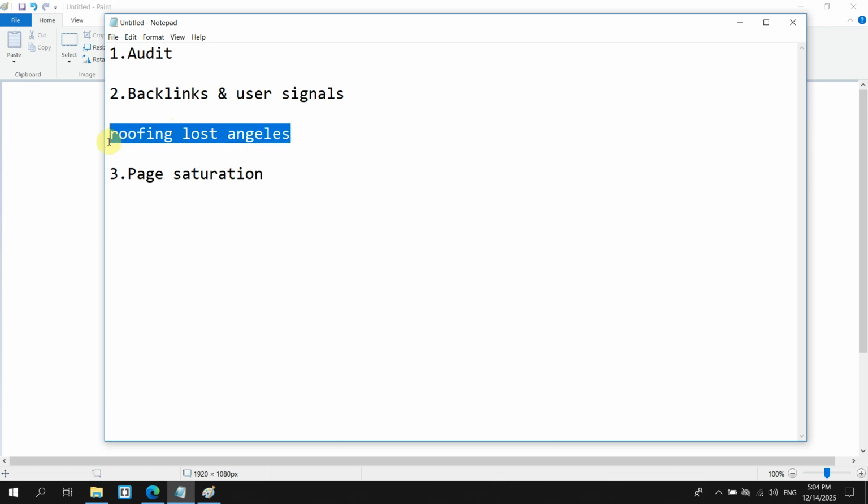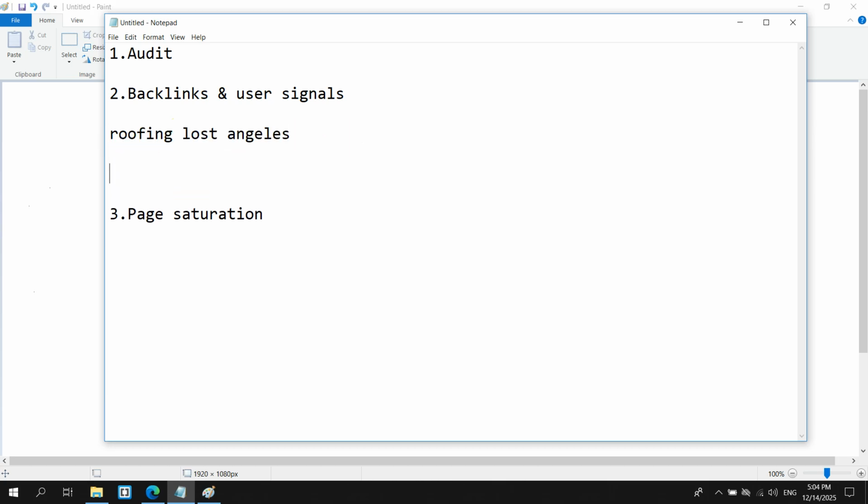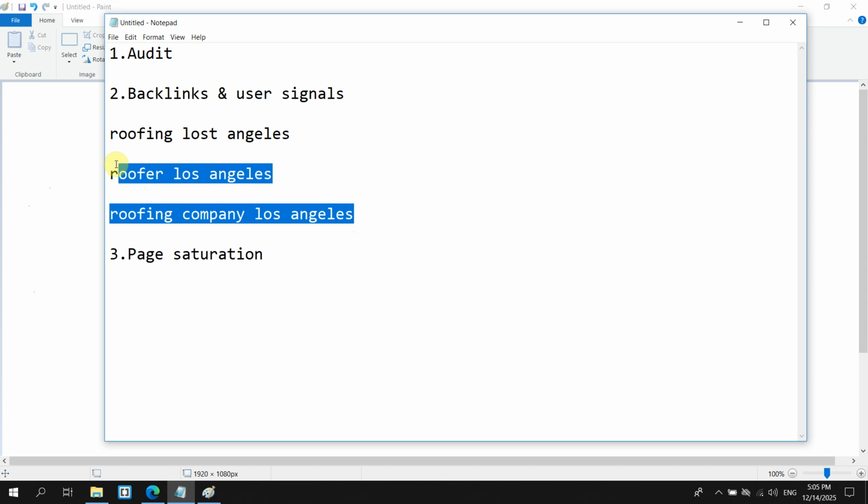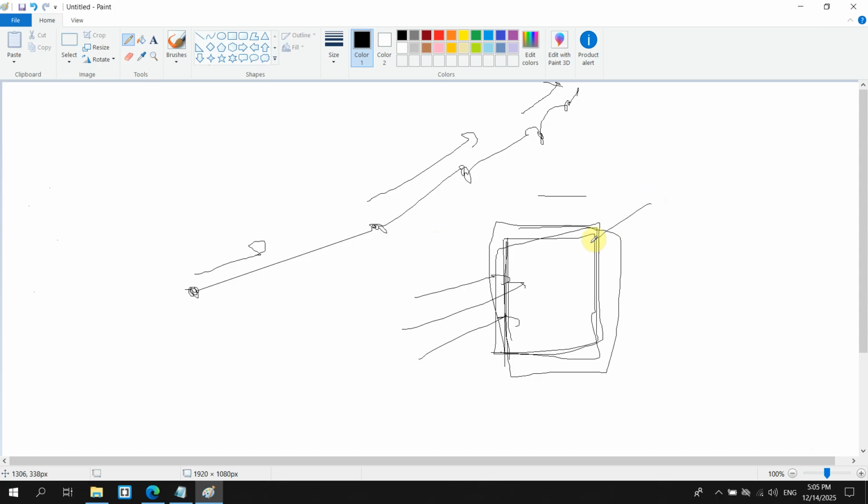You're not on the first page yet for this keyword, but you might already be ranking for, let's say, roofer Los Angeles or roofing company Los Angeles, something like that. So you already start ranking for the long tail, or the supporting keywords, whatever you want to call it, on the first page of Google already. So if you already start driving traffic and clicks to that page, you have to make sure that your page satisfies the users. You have to make sure that your page loads fast. You have to make sure that your page actually converts, right?